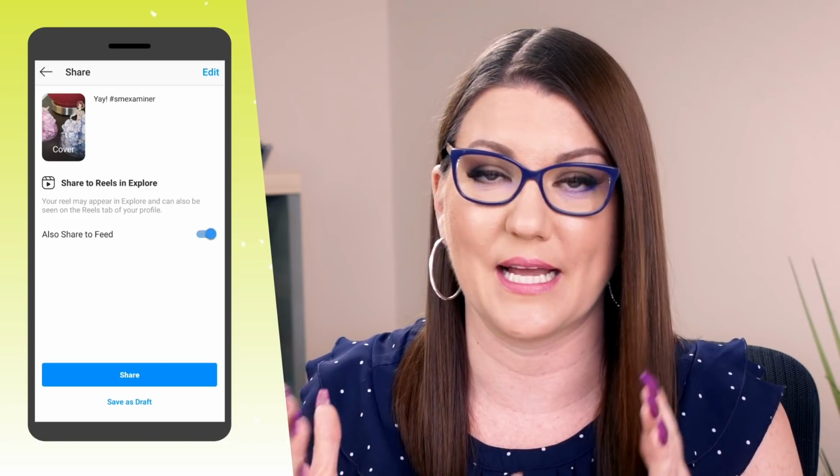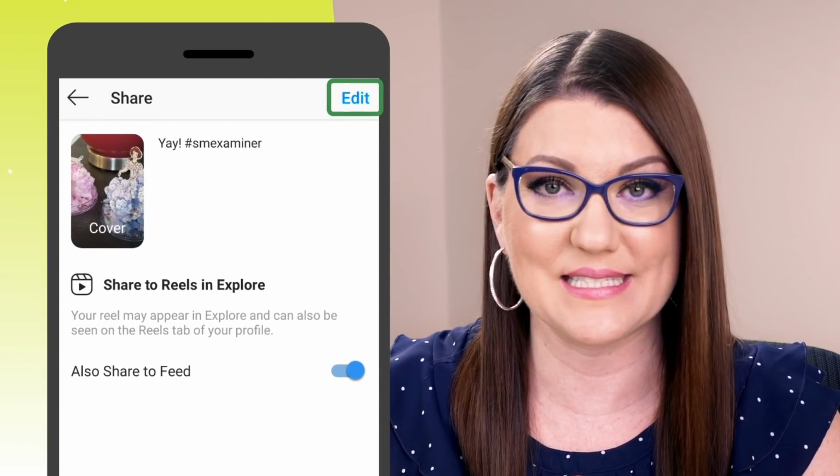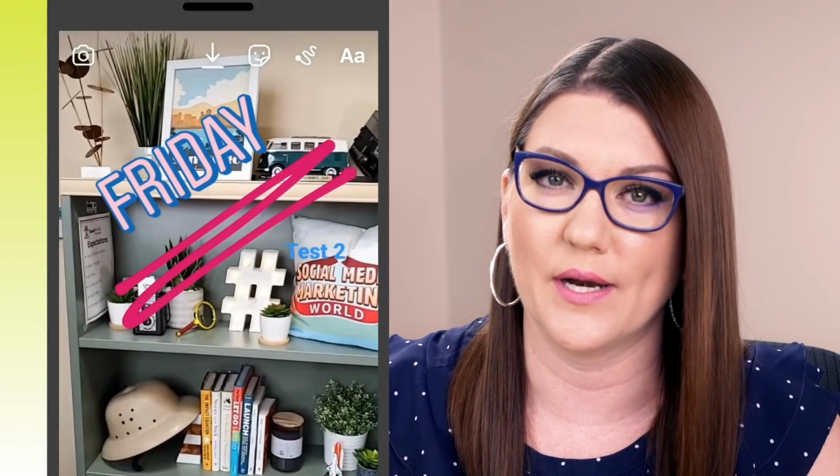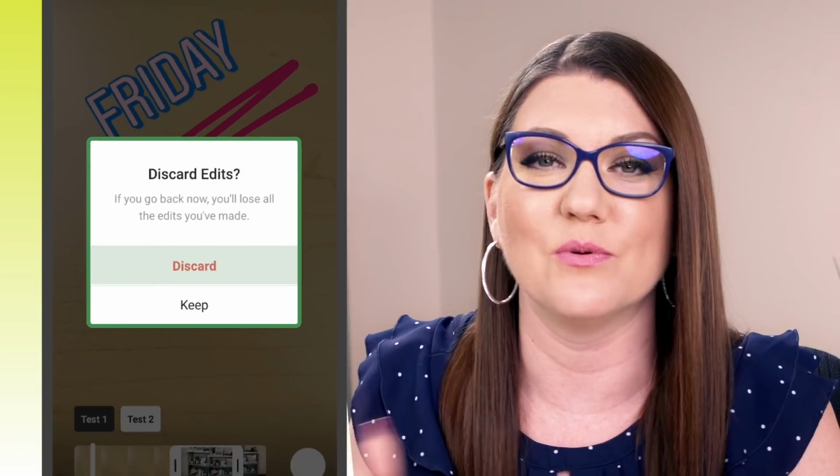Tap on any one you want to select to edit and then you will be taken back to the share screen. From there in the top right corner is the option to edit. Here's something funky. It's going to ask you if you want to discard your changes. You haven't made any changes, so just go ahead and say discard and it will take you back into the editing stages where you can film more clips and do anything else to add and enhance your existing draft.